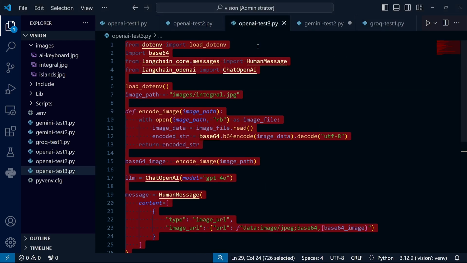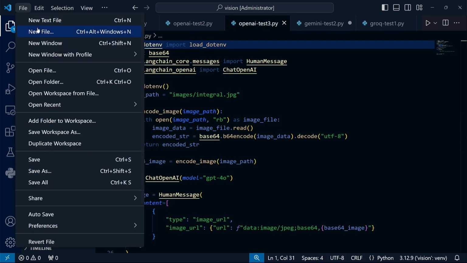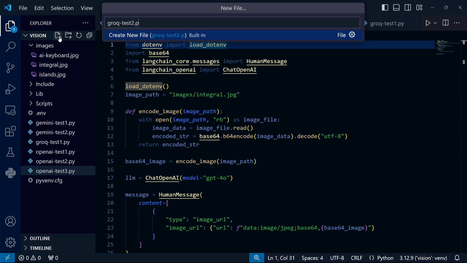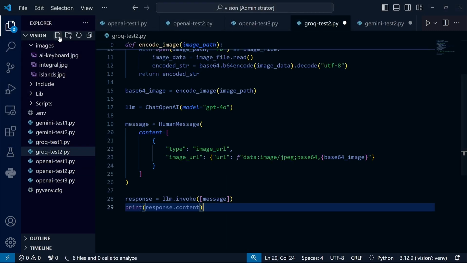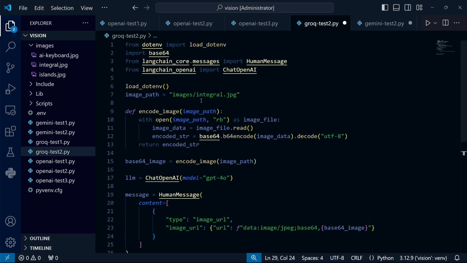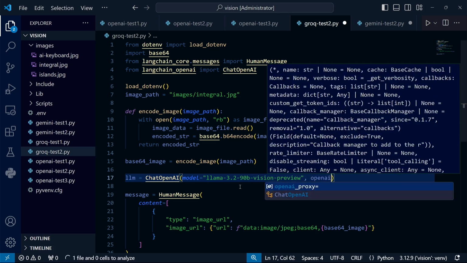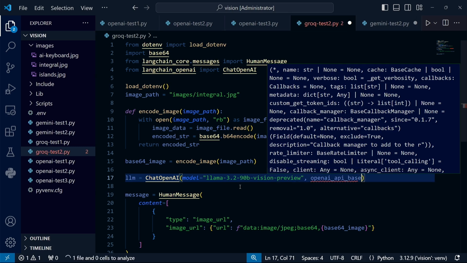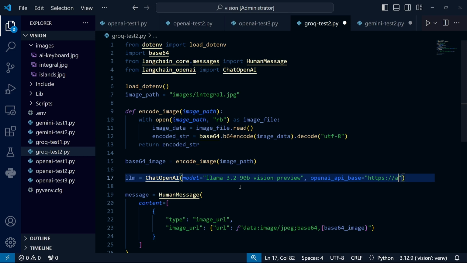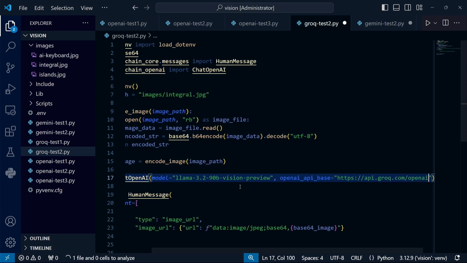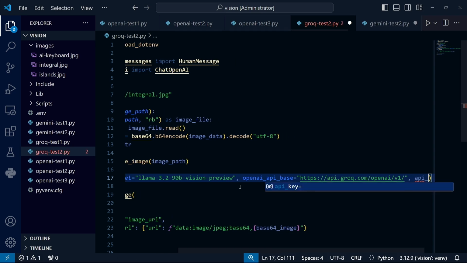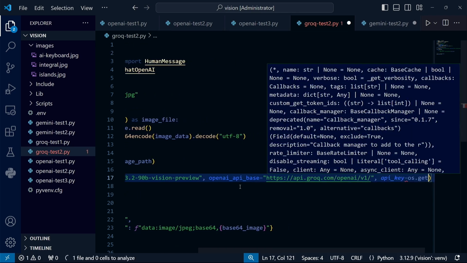Let's copy our last program for OpenAI and LangChain into a new file. I call it grok-test2, and I promise that this is the last program today. You need to know that Grok, like many other providers, boasts compatibility with the OpenAI API. OpenAI is, in a way, a standard in this world. So let's use our program, but change only parameters such as the model name, API endpoint, and of course, the key, which must be from Grok. You have to admit that this is also not a very complex change. Basically, you could say that the program remains exactly the same.